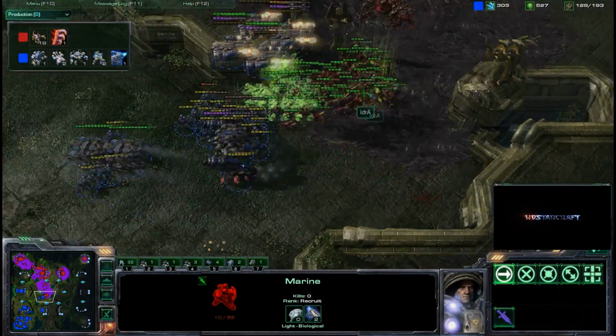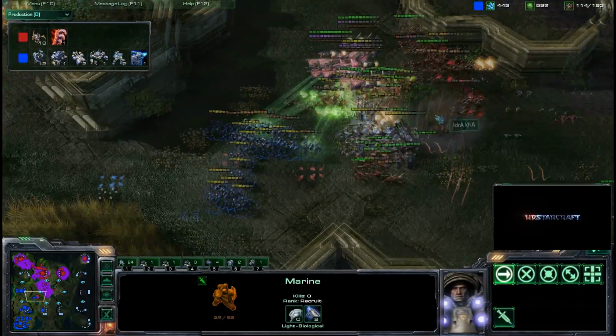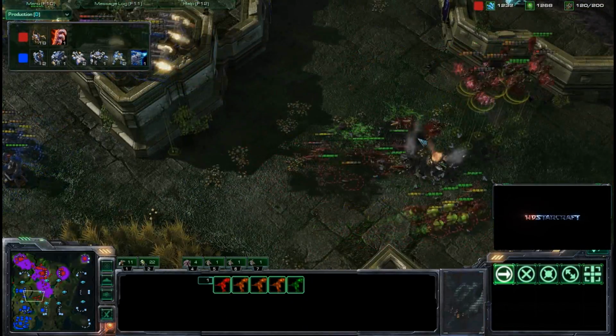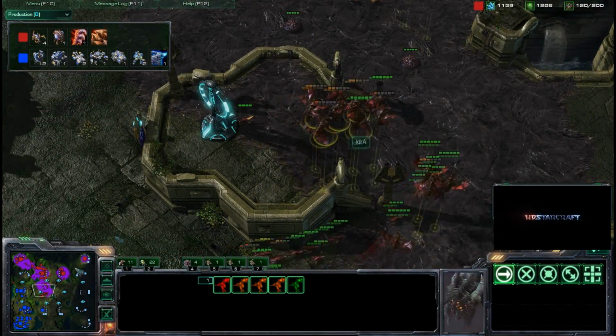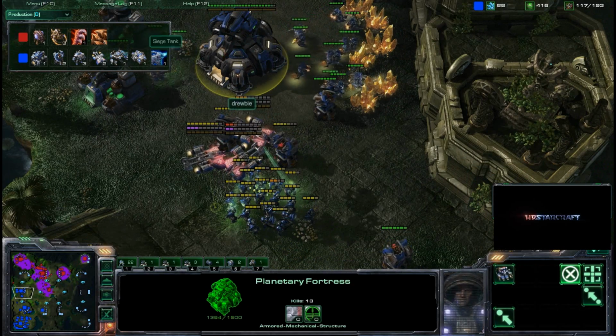The Marines trying to get away from the Banelings. They stim to run away, but the Banelings catching up with that speed from the creep bonus, and the Banelings, oh my goodness, so many Marines getting taken out. The Mutalisks falling from behind to pick off the air, and Drewbie right now, he needs to make something happen, because